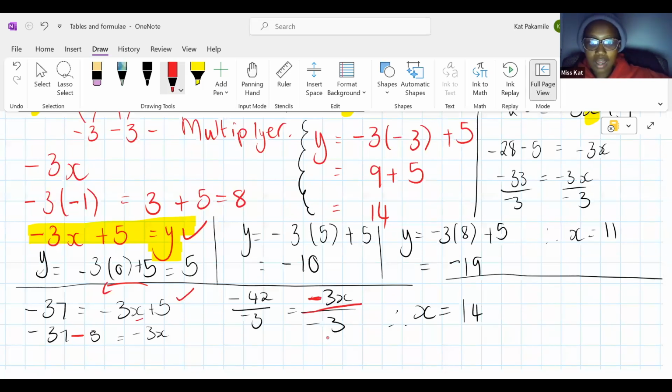But what you do on the left, you have to do on the right, ma'am. So these -3s will divide into each other. They're gone, right? Yes, ma'am. And then a negative divided by a negative gives you a positive, and 42 divided by 3 is